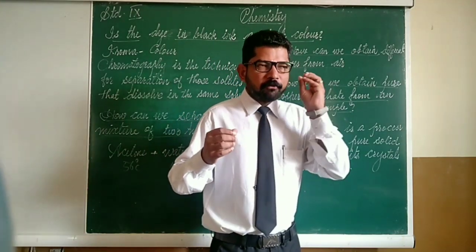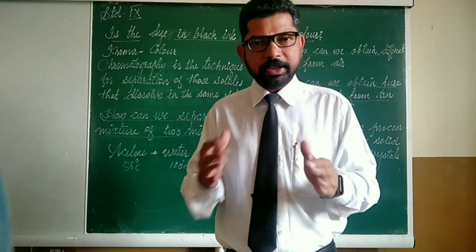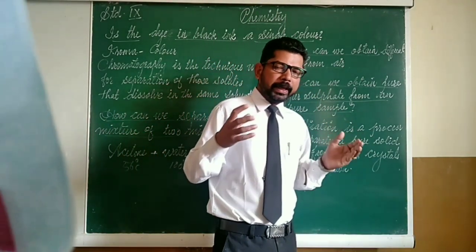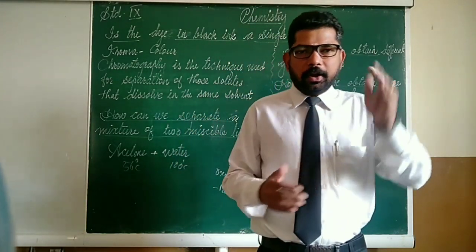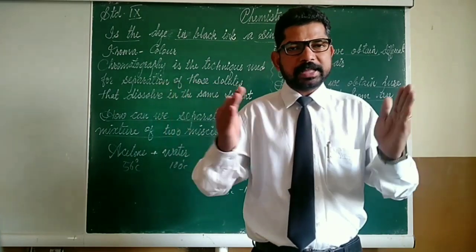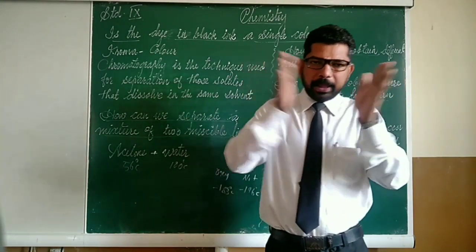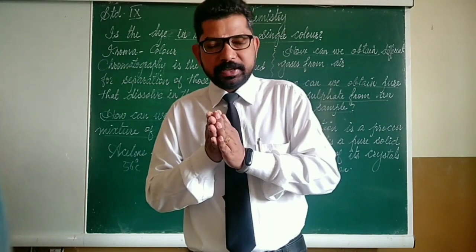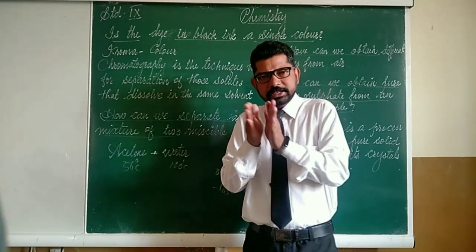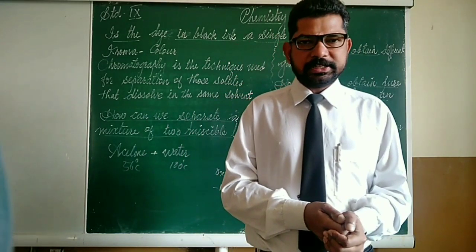So what we will do, first we will liquefy our atmospheric air. For the liquefaction of atmospheric air, two conditions are required. What is the first one? We have to compress the air and we have to lower the temperature. Means by applying pressure and cooling the mixture, we can change them into liquid state. Once they are liquid, we can adopt fractional distillation.